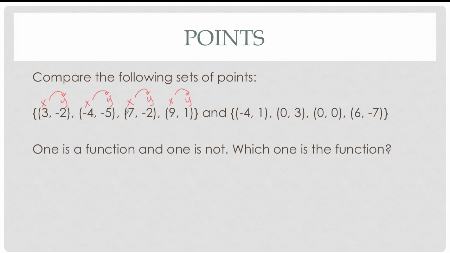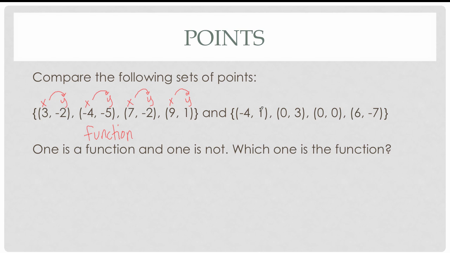Each x value is unique: 3, -4, 7, 9, and they only turn into one y value. So this one is the function. Every x value turns into only one y value. All right, let's contrast that now